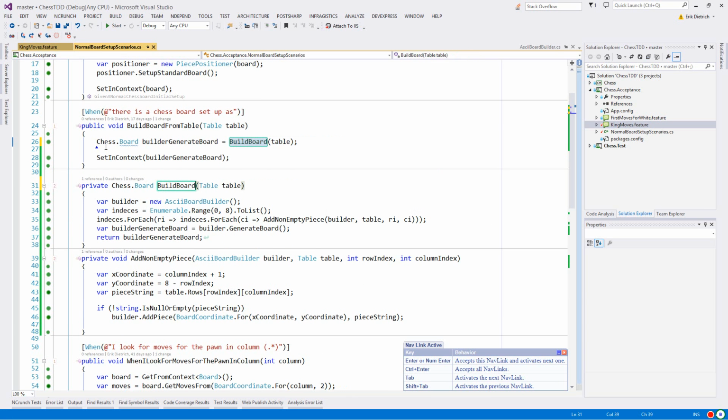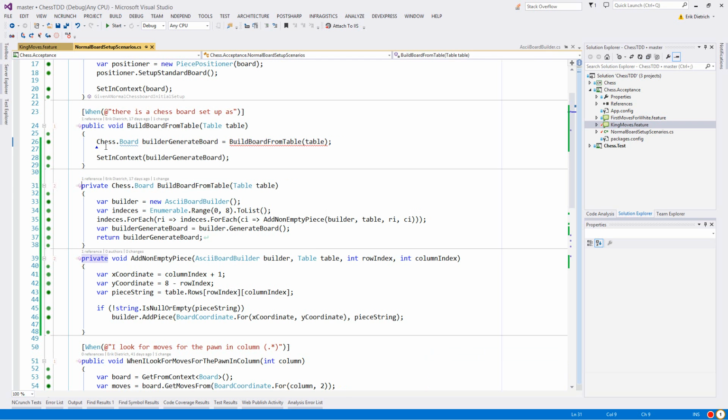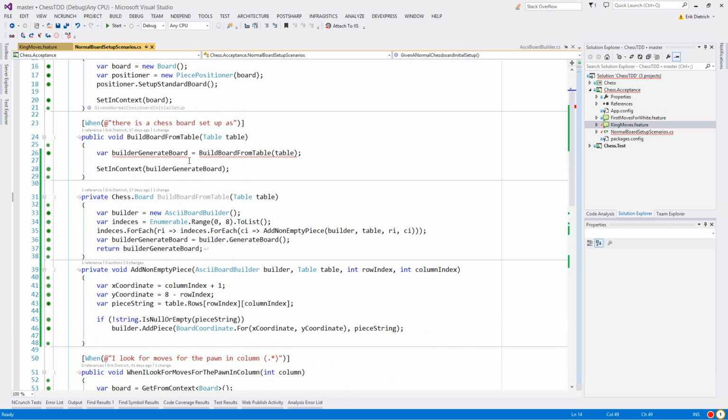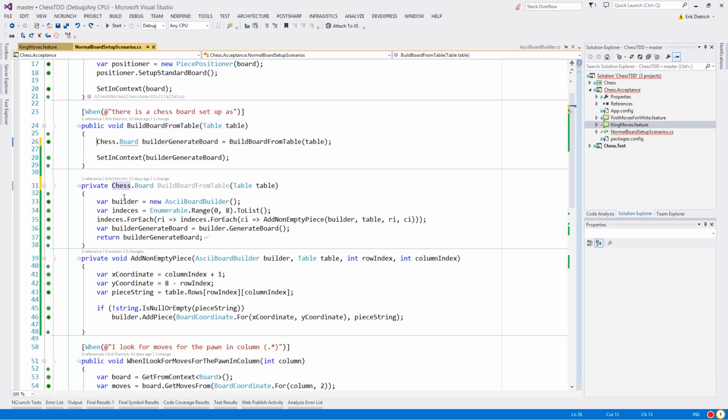Now I think, yeah, I made a mistake. I didn't realize what I was doing, and it created a momentary problem where I named it the same thing as the calling method and then couldn't figure out why on earth this isn't compiling. I started looking at the return type and scratching my head. It took me a minute to figure out the problem. But nevertheless, I'll get this fixed here shortly, and you can see what I'm trying to do here, which is